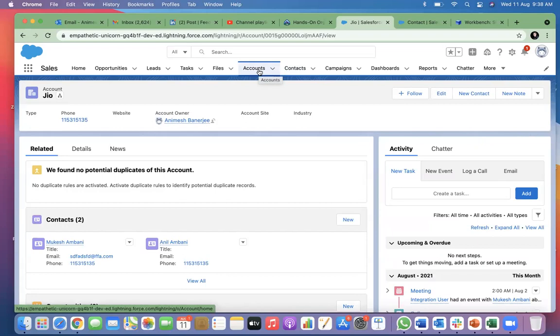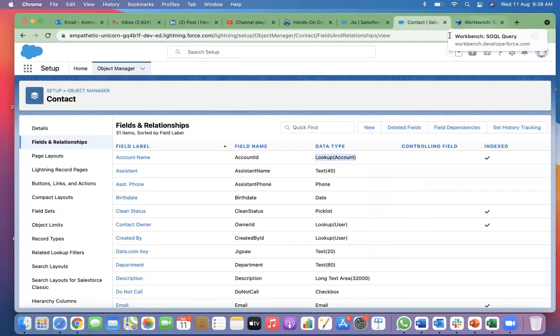It makes no sense. The user will see 18 characters and will feel frustrated: which account is this? I do not know. So Salesforce has made it easy for you to understand on screen that this 18 character ID is basically this account, and they replace that 18 character ID with the name. Any questions so far? No. Good.